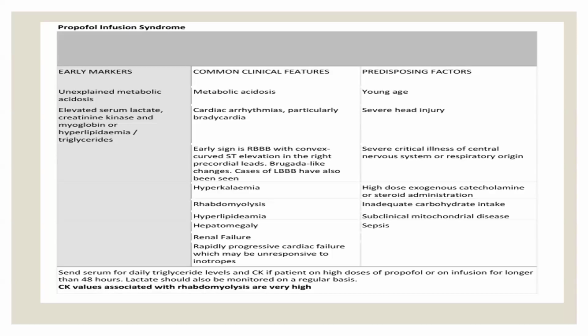Now, regarding propofol infusion syndrome, the early markers are unexplained metabolic acidosis, elevated serum lactate, creatinine kinase, myoglobin, hyperlipidemia, triglyceride. Common clinical features are metabolic acidosis, cardiac arrhythmias, especially bradycardia. Early sign is RBBB with concave ST elevation in the right precordial lead. Brugada-like changes, cases of LBBB have been seen. Then hyperkalemia, rhabdomyolysis, hyperlipidemia, hepatomegaly, renal failure, and rapidly progressive cardiac failure is common,